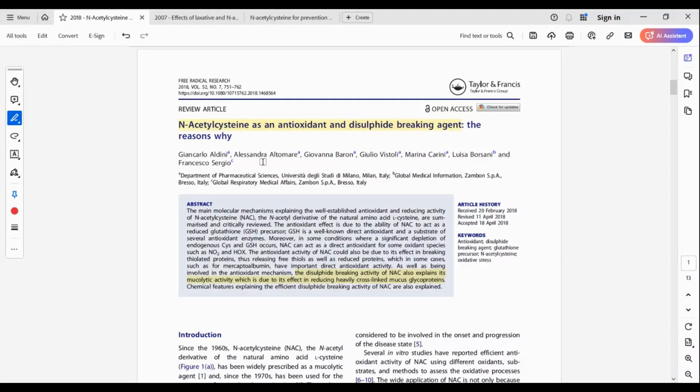N-acetylcysteine is an amino acid derivative of L-cysteine that has many health functions and has been studied for decades. NAC, as it's called in common parlance, is an effective antioxidant. It's a precursor for glutathione, which is your body's master antioxidant. It has antiviral properties, and it's what's called a mucolytic, which means it helps break up mucus. We'll touch on its various roles today, but the focus of this video is on the mucolytic capacity